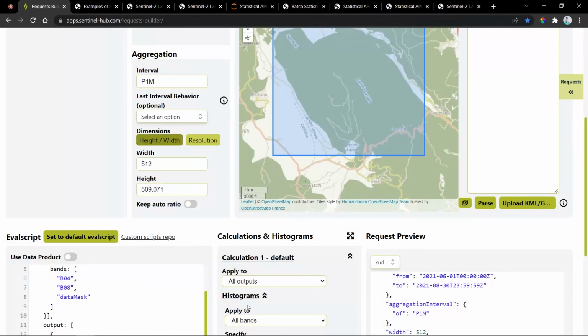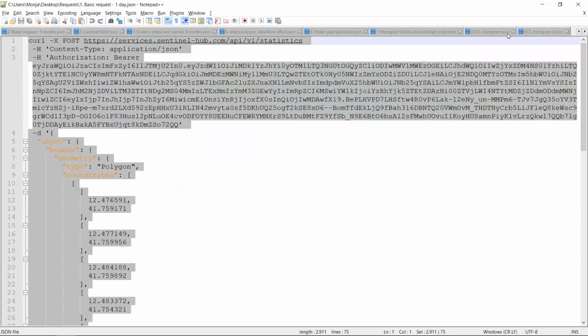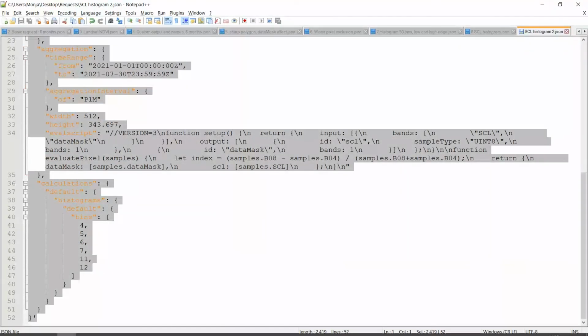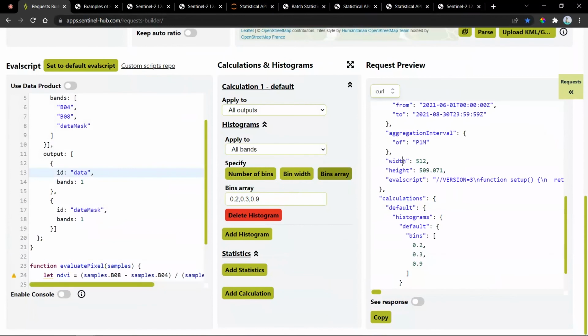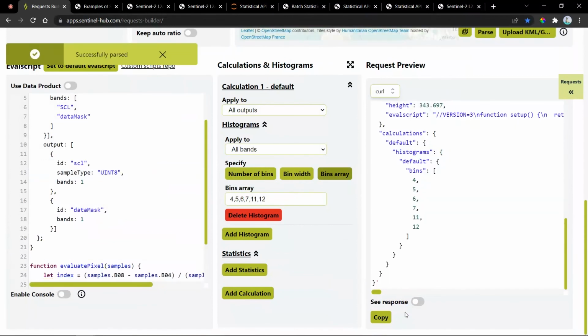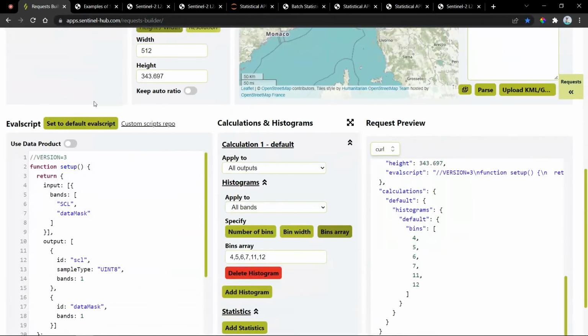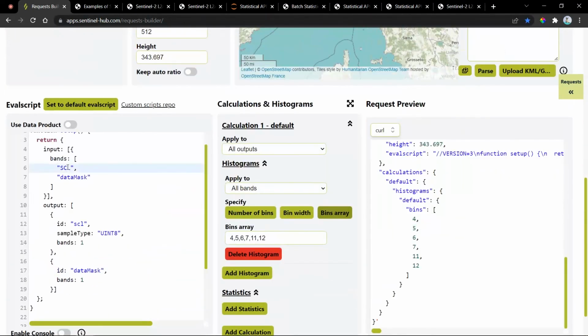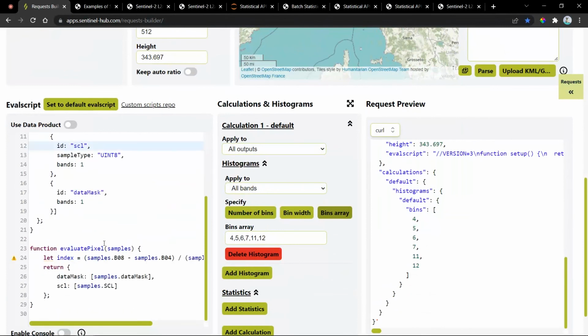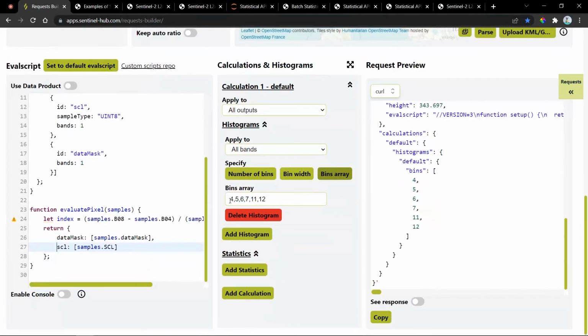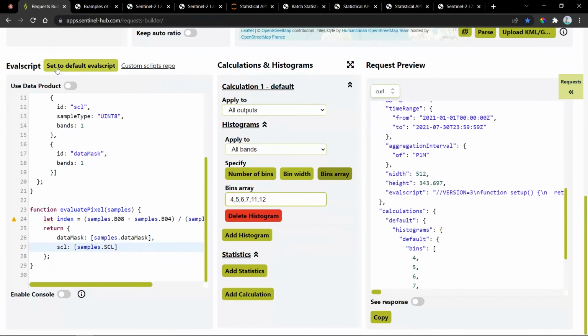I have the calculation saved already over here. I will parse it so that we are quicker. And as you can see, this is the area of interest that is selected. This is the time range. We are looking at 1 month. In the eval script, we are returning the scene classification in our output. It is over here, so we're not returning NDVI, but scene classification. And then we have a histogram turned on, and here we have the bins specified as we just said. And then if we run this request,